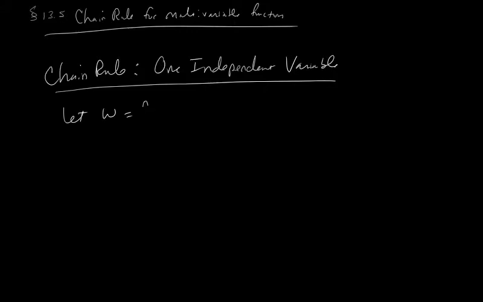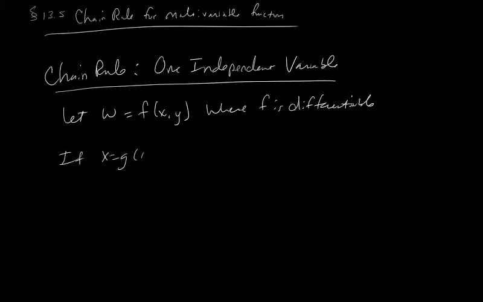Let w be equal to f of x, y, where f is differentiable. If x is equal to g of t and y is equal to h of t, it doesn't have to be the same function for x and y, where g and h are both differentiable,